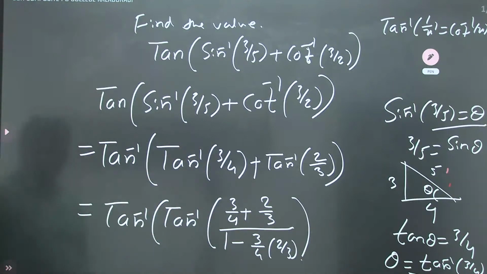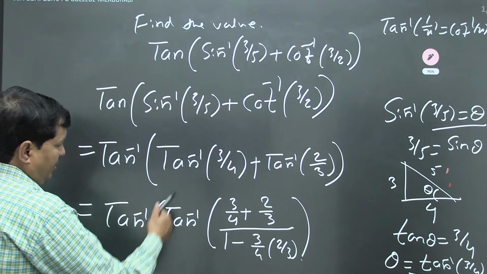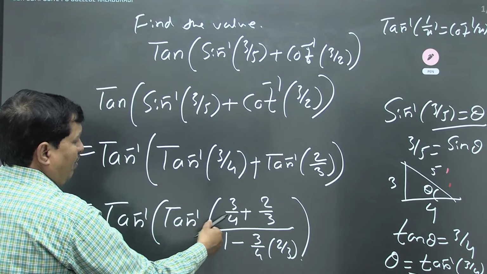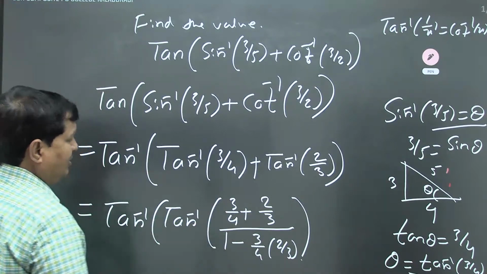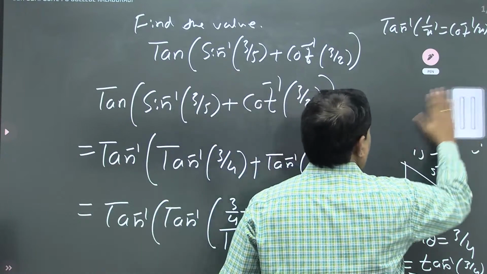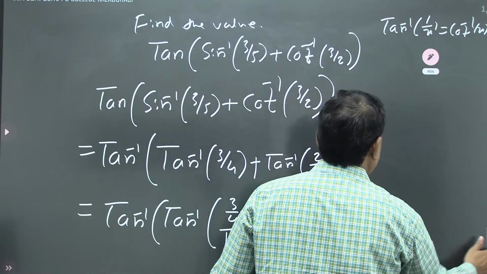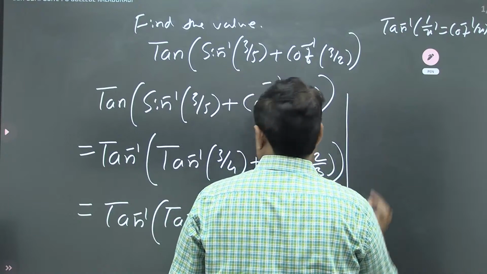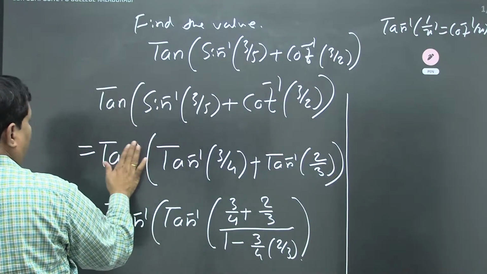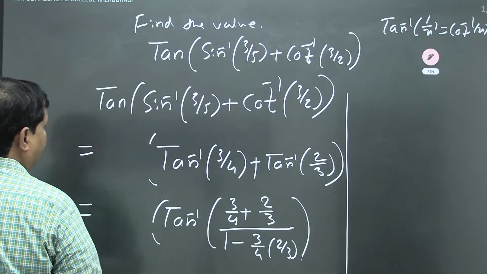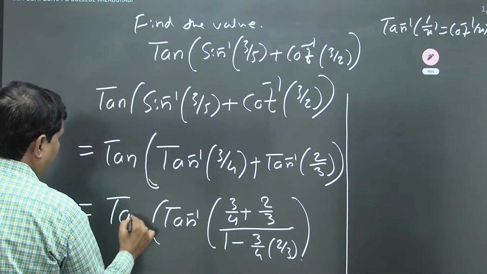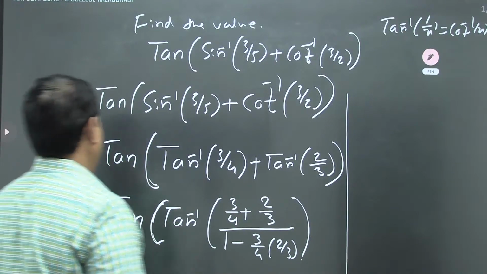How can I write here? How did I write this one? Because tan inverse of x plus tan inverse of y equals tan inverse of (x plus y) by (1 minus xy). So therefore, this is equal to... not, here tan is there, not tan inverse. Therefore,